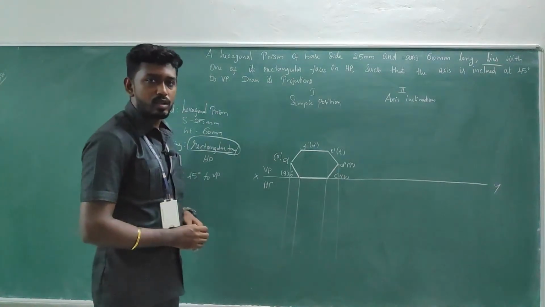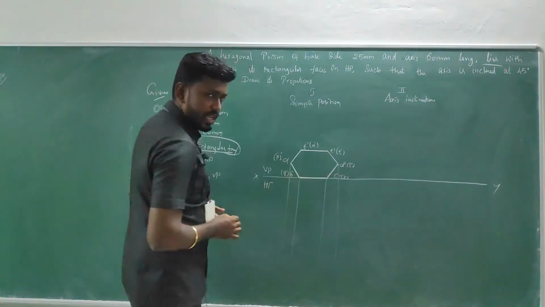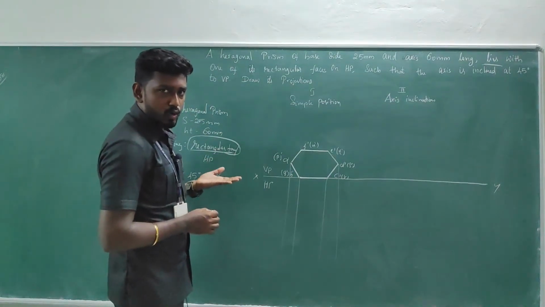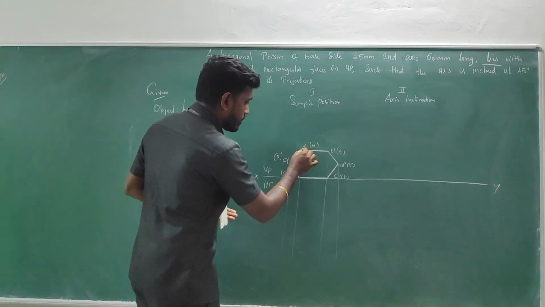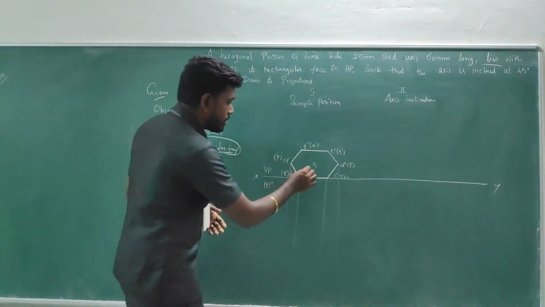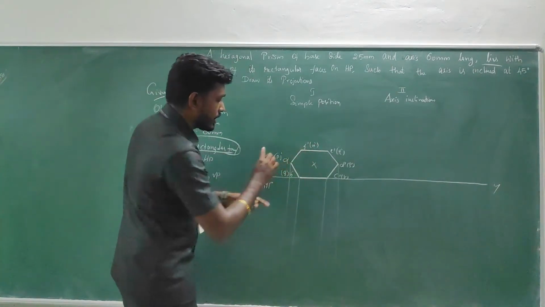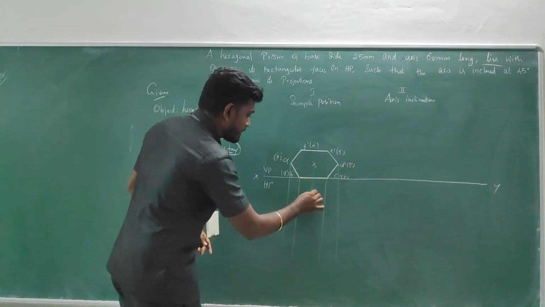So it comes like this. If you note the axis, it comes here. In order to find the axis of the hexagon, what we have to do is take the diagonal, or else I can say you are forming with a circular method, so that when you are having the circle, you will be getting the center point. So it will be the axis for you.